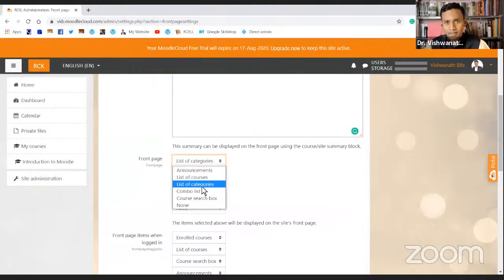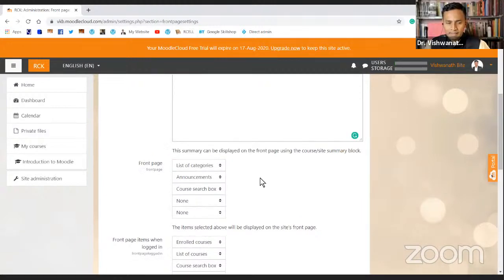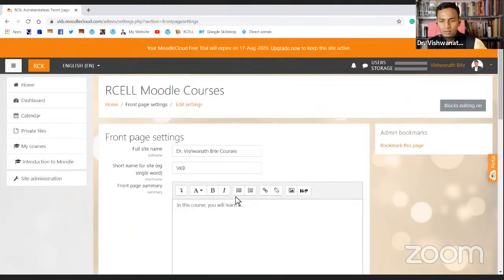At this point, let me tell you, if our institution is offering some courses in science, commerce, arts, management, or whatever the other faculties and other courses are available. Or in a traditional setup, in most of the colleges, arts, commerce, and science are the three faculties basically. So whenever anybody visits my site, I want to show them arts, commerce, and science, so that any student who is visiting my site or institutional site will just click on arts if that student is from arts faculty.